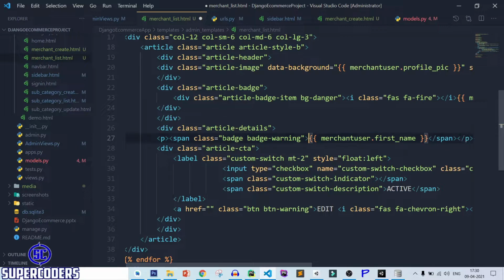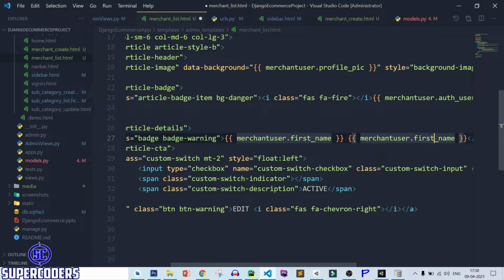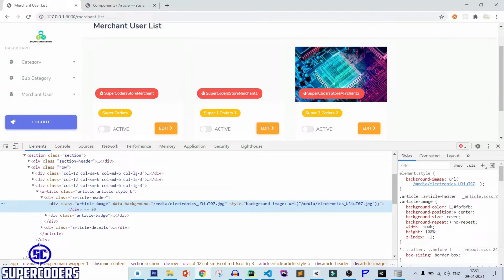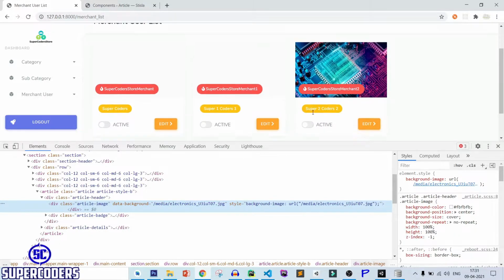Copy it, paste it, last, and dot auth underscore user underscore id. Copy it, paste it, refresh page. You can see it is showing image, username, and first and last name.